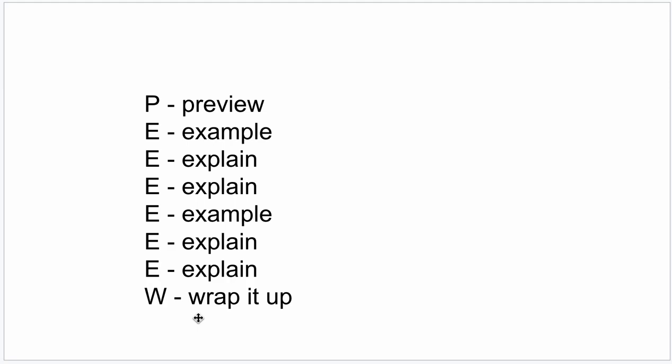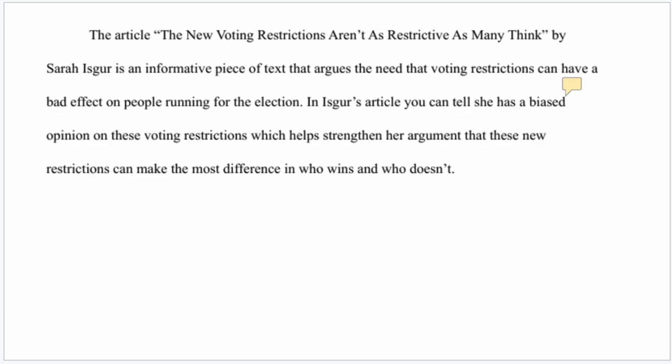So I have some examples here to show you a few paragraphs, first of all, that fail to use specific examples or thoughtful analysis or explanation to develop those examples. And then I'm going to show you a really good one that does exactly what we need it to. Then I'm going to need you to evaluate your own paragraphs. Where are you lacking in your own explanation or your own use of specific examples? And how can you improve what you've said to make sure that you are proving your argument in a very strong way? Okay, so let's take a look at this article.